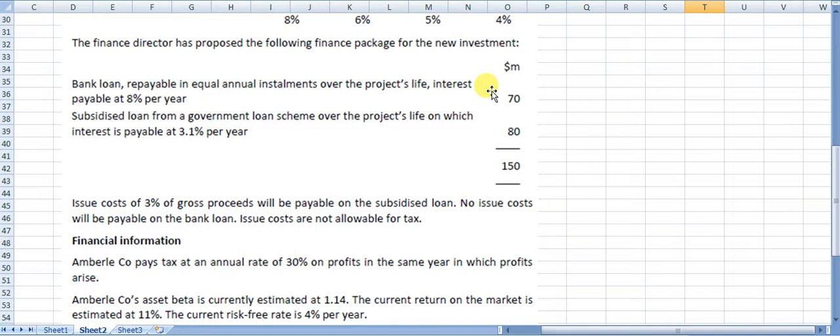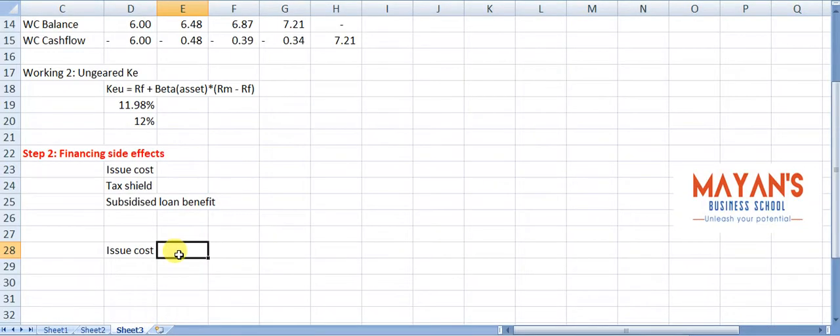Subsidized loan from a government loan scheme over the project's life on which interest is payable 3.1%, which is 80 million. So 150, this is how you are getting it, guys. 70 million you are getting from bank, 80 million you are getting from government. Issue cost of 3% of gross proceeds will be payable on subsidized loan. On this 80 million, you will have 3% issue cost. So how much is going to be the issue cost for you? Issue cost will be